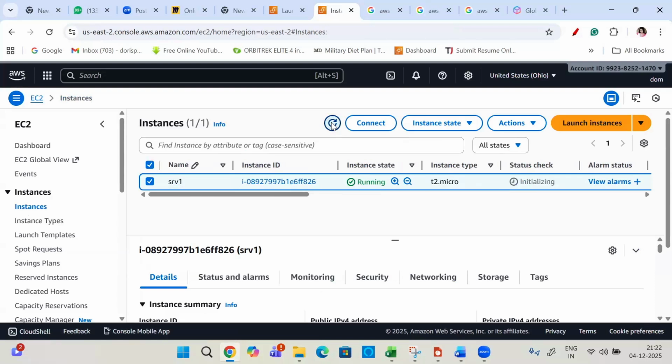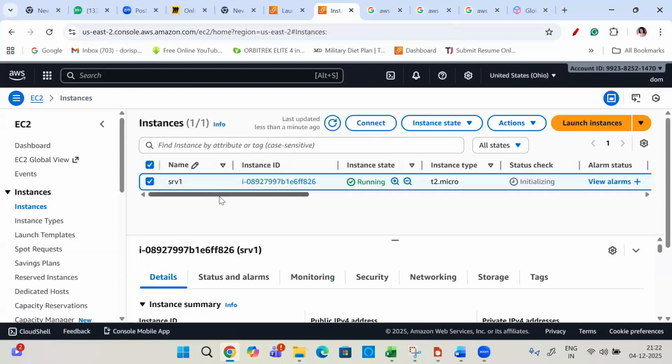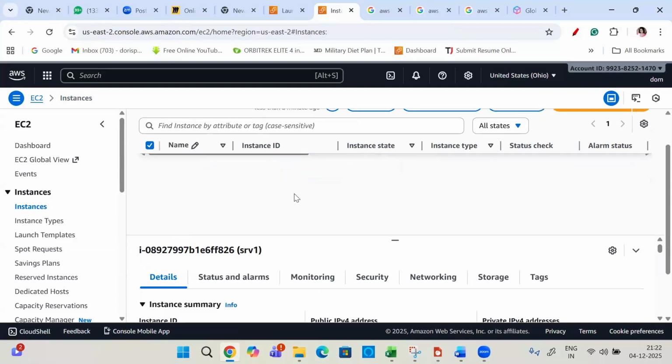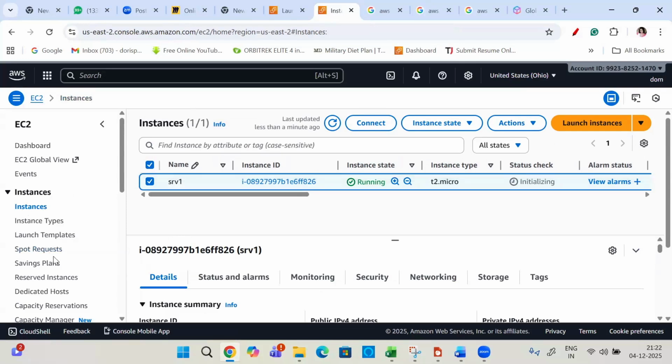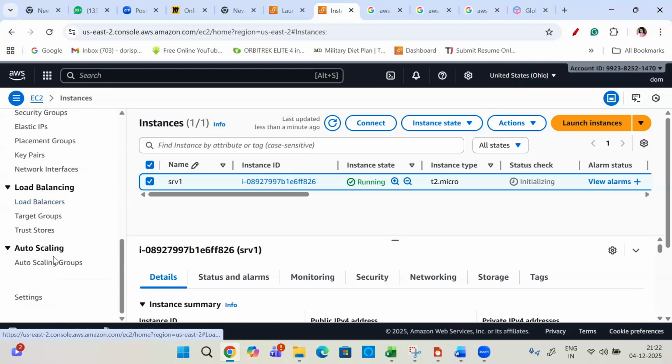On this only, you will be working: how we launch the machine, the different ways to launch, and not only that, how to connect and what the services are. You're actually working on your AWS console with all the services.